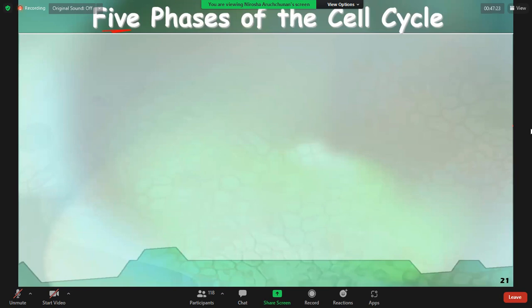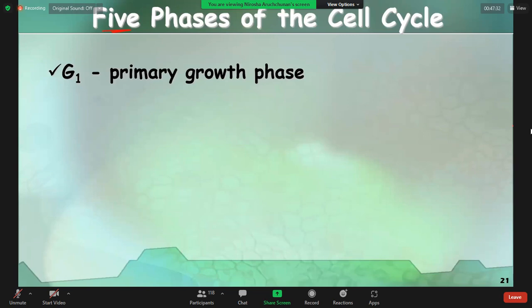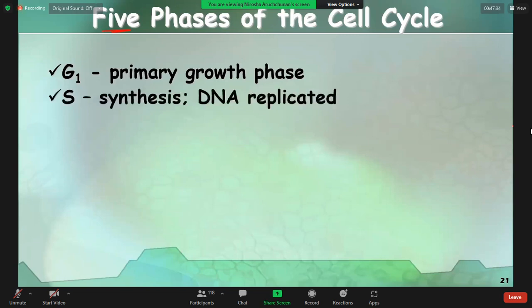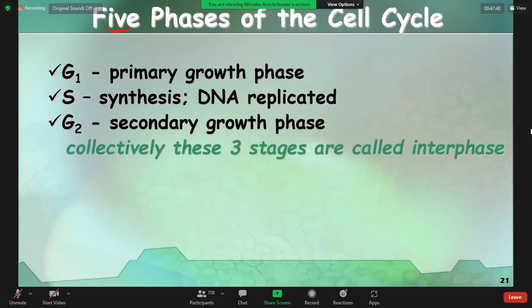But here I have put the 5 phases. One is G1 phase, the primary growth phase. Another one is S phase, the synthesis and DNA replication phase. And G2 phase,